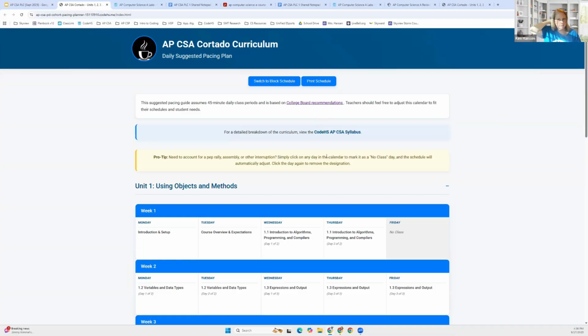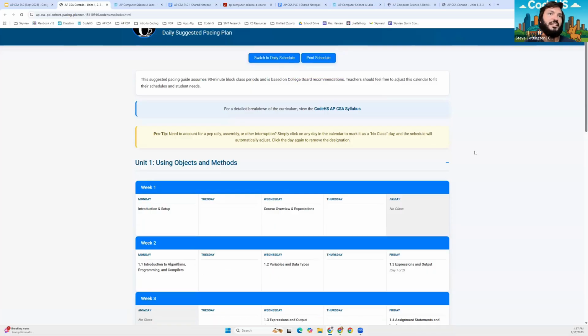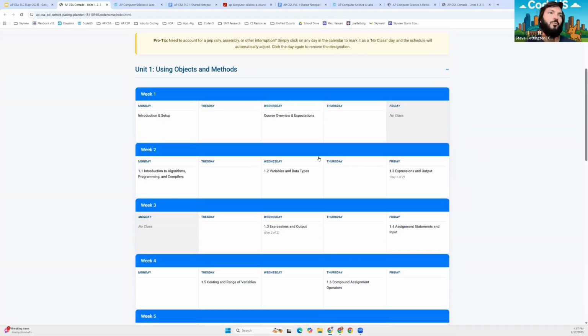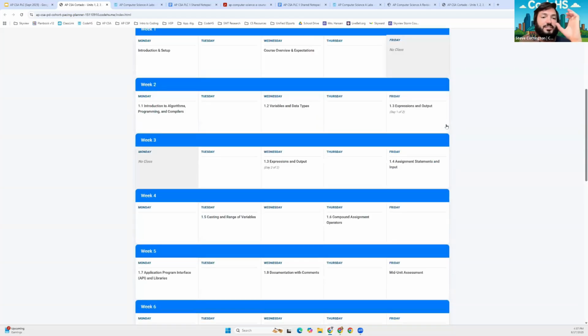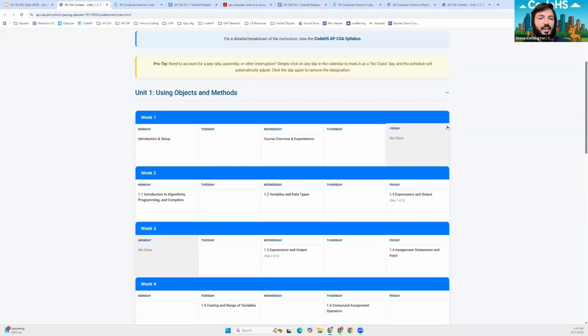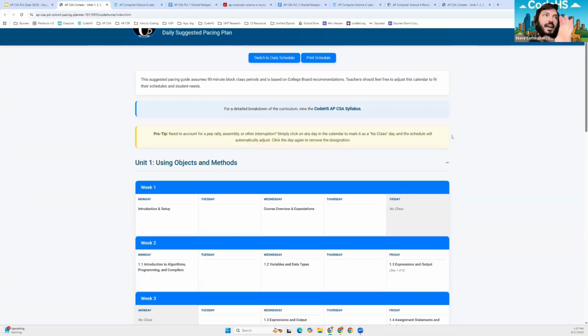So Steve, you want to add to that? What else have I missed? No, you nailed it. Yeah, the toggling feature is cool. The default view is if you have 45-minute instructional periods daily, because when College Board says instructional periods on their documents, they mean 45-minute periods. But if you toggle to block schedule, it'll adapt and you'll see it condenses. You'll see less day 1 of 2 and day 2 of 2 because now you have the full 90-minute block. Those are the only two configurations we have right now. But it is set up for the whole year, so you can visualize it and play around with it. If you want to print it and hang it up, you can do that too.